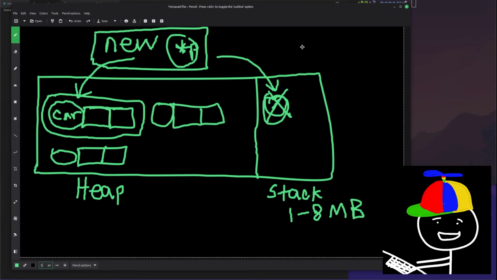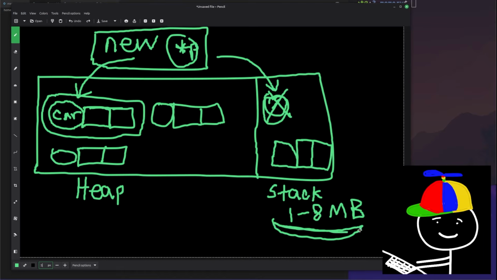In contrast, if you don't use the new operator and you just create an object that is stored on the stack, this memory will automatically be freed at the completion of this function call. But the limitation is if you have large data that needs to be stored, the stack might not be able to store it because of this size limitation. So that's when you would probably need to allocate it to the heap. And this concept is basically the majority of what memory management means.